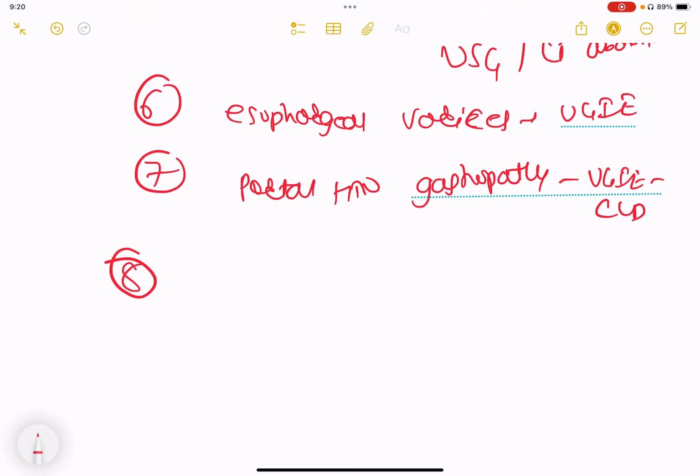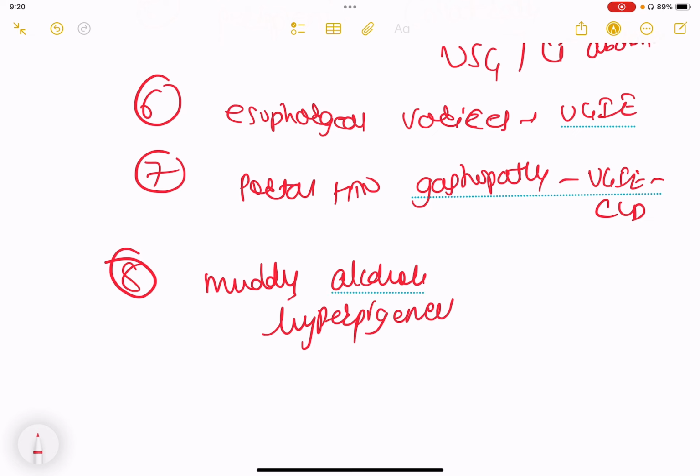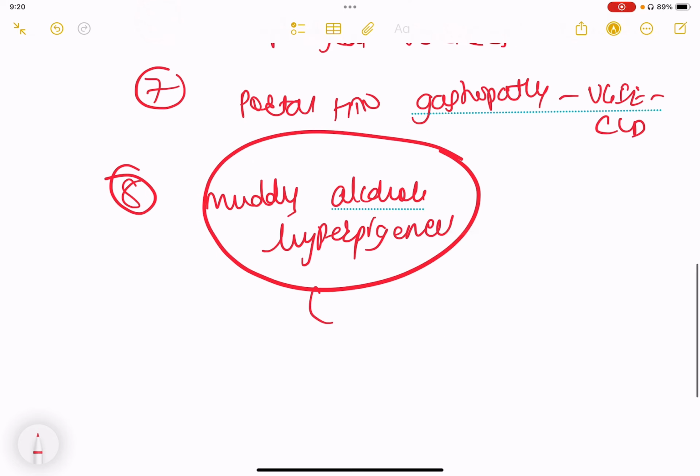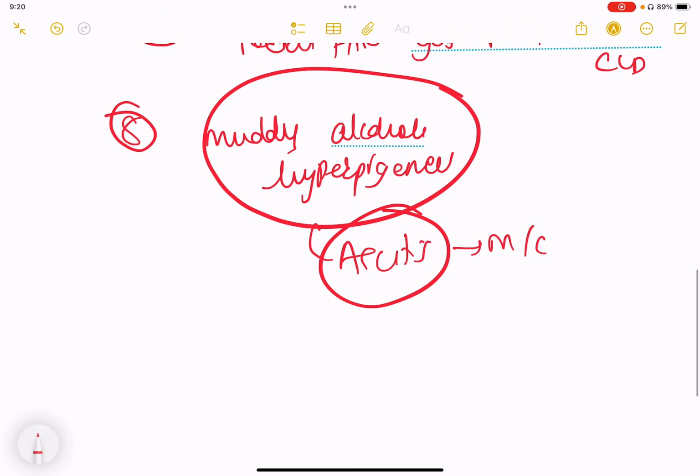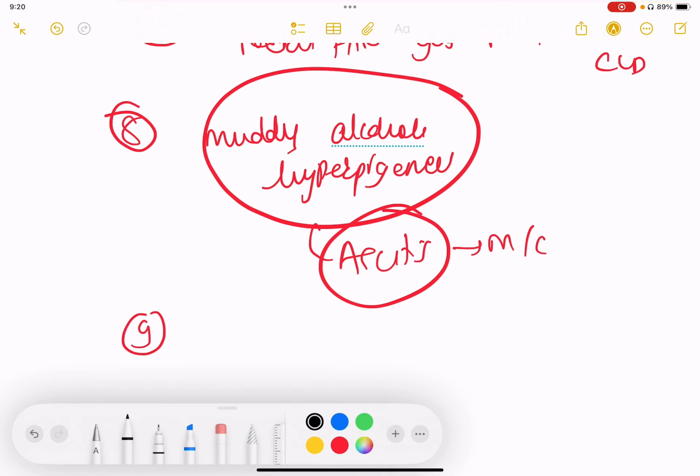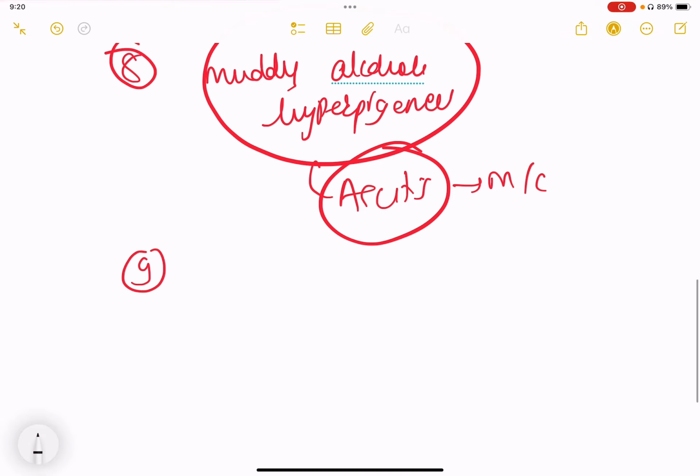Most commonly, if the patient is alcoholic, if the patient has the typical muddy face or alcoholic face where there is hyperpigmentation of the face, and if such a patient very commonly presents with ascites, which is the most common presentation of CLD, at that time also we can say that the patient has CLD. In any alcoholic patient or tobacco addict patient, if the patient has ascites and if the patient has